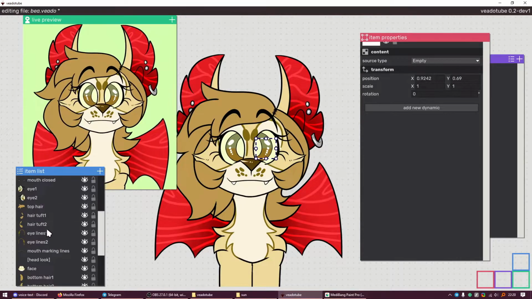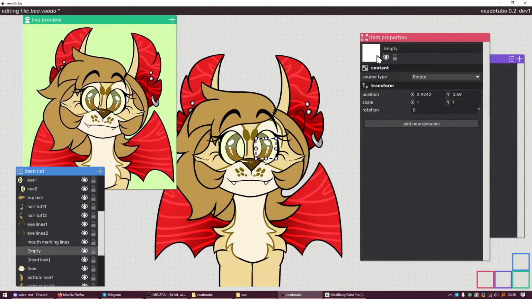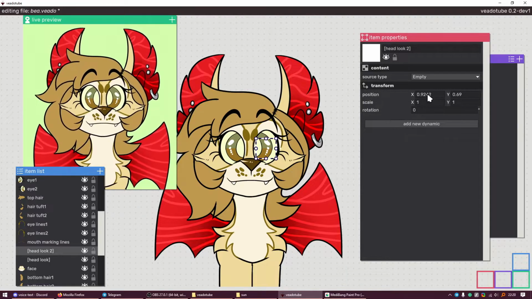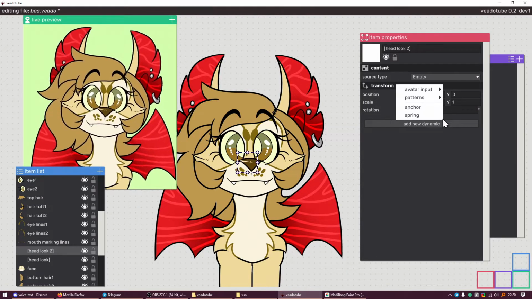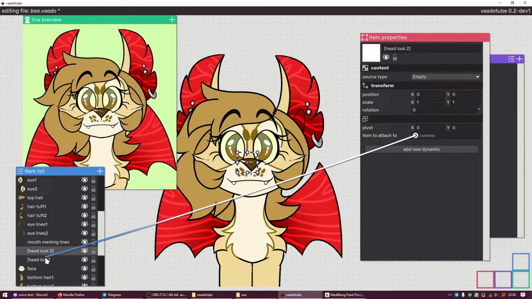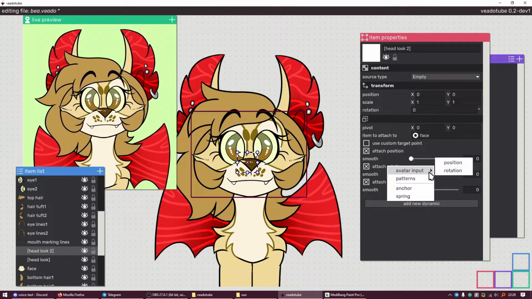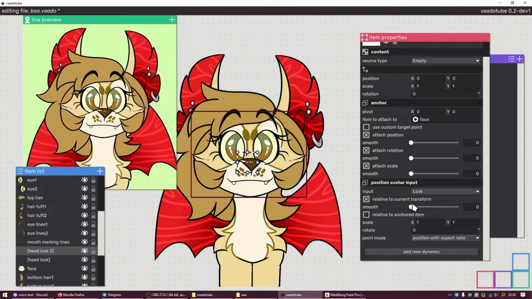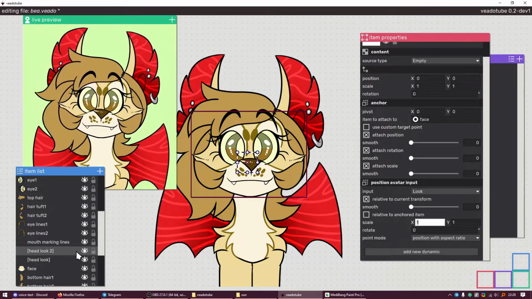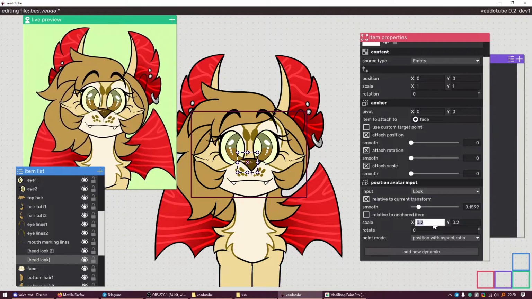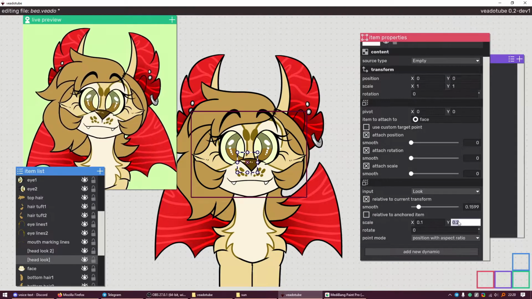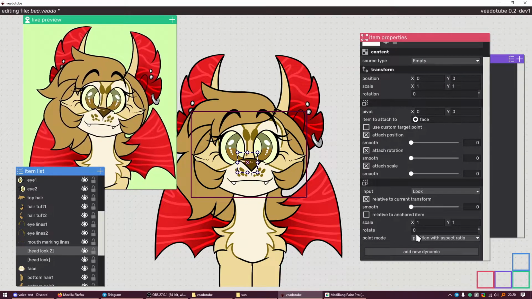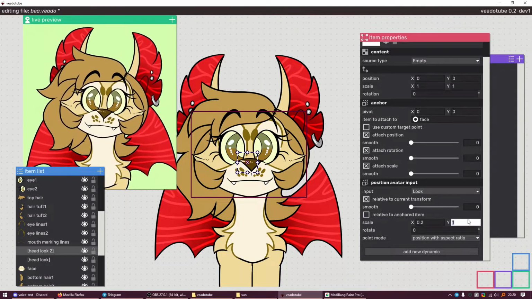Let's see, I'm gonna add another empty here. I'm gonna create a separate head look. It's gonna be head look 2. And I'm gonna just repeat everything that I did in the other one. I'm gonna anchor it to face. I am going to add another position for upper body head look. I'm going to set the scale to be... I'm gonna put this one to be 0.1, I think. The first one. Yeah. And then the other one will be 0.2, the new one.